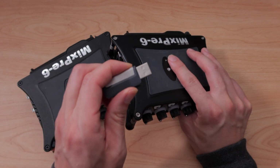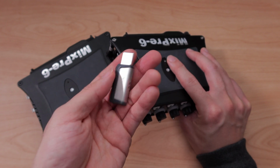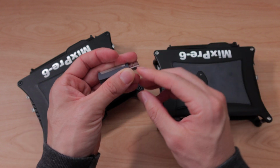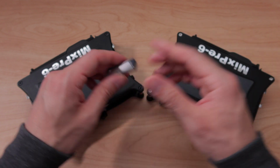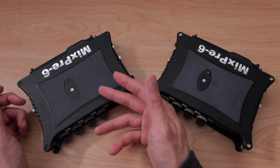These are really cheap. They're often cheaper than the SD cards. So you can get a bunch of these, plug it directly into your computer after the shoot, and immediately download all of the audio files. And you can keep the SD card as a backup, or you can keep this as a backup. You can't do that with the Mark I, and I don't know why that's not just an easy firmware update